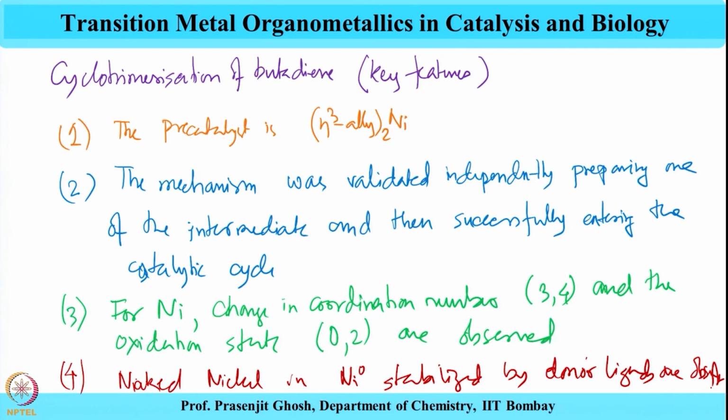In the process, naked nickel stabilized by alkene donors are formed, and they are part of the catalytic cycle. Lastly, the catalytic cycle is even validated by entering the catalytic cycle through one of the catalytic intermediates which were